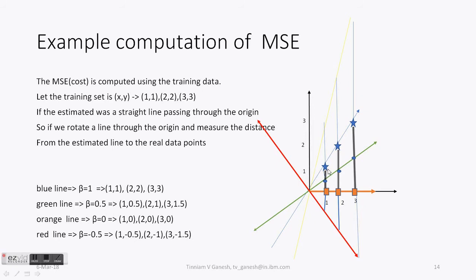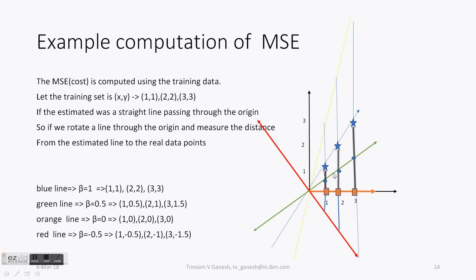Assuming that this is our data set, and we draw different lines. So first we draw this blue line which actually passes through the data set, and we take the distance. It is actually on the blue line, so the mean square error is 0. Then we take this green line, then we take the square of the distances from this point to this thing. So it has some value which is